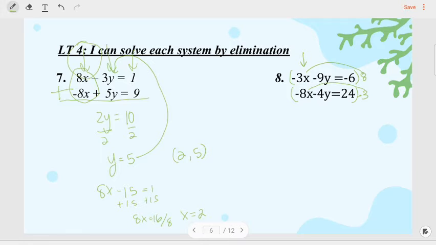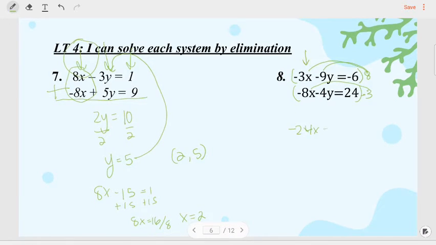So let's multiply the top row. I end up with negative 24x. A negative 9 times 8 is negative 72. Y equals negative 48. On the bottom, positive 24x, positive 12y equals negative 72. Now, if I add my rows together, the x's cancel out. I'm left with negative 60y is equal to negative